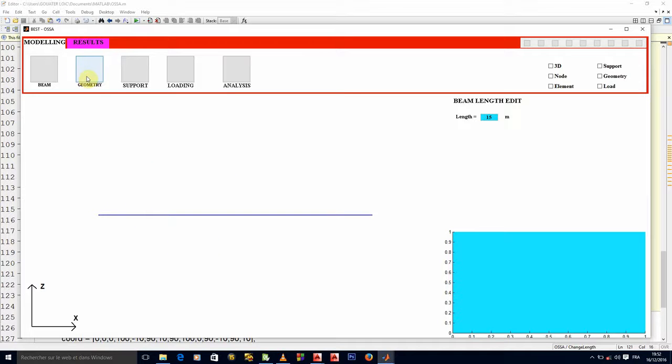There will be other options like geometry, there will be support and all the like, and all of those options will have to appear on this side here. But there are moments also where I will not want to see anything on this side, not necessarily. So what we will do is that each time we click on beam here, this is what will occur here. But how do we then, oh, what has just happened there? Did you see that? We'll change that just now. So that when I clicked on beam, something happened.